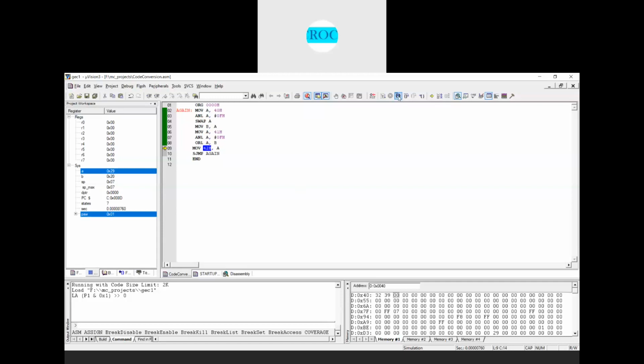After execution, we have 29, so we converted the ASCII code to packed BCD numbers here. If you want to continue execution, you can write SJMP again, so that it will go and copy the ASCII code into the accumulator and continue execution here, right?